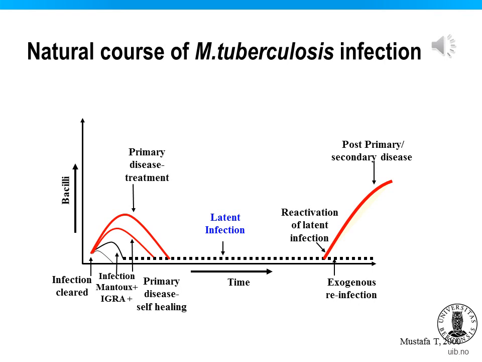In affluent countries, presently, due to low risk of Mycobacterium tuberculosis infection, endogenous reactivation is the main cause of post-primary TB. This is further supported by the finding that in low TB endemic areas, the rate of active TB is 5 times higher in previously tuberculin positive adults than in tuberculin negative individuals.